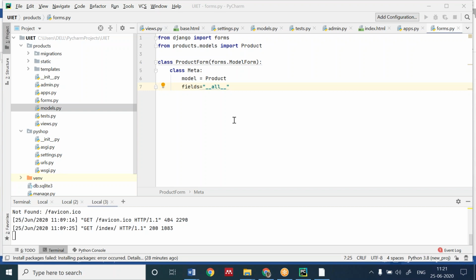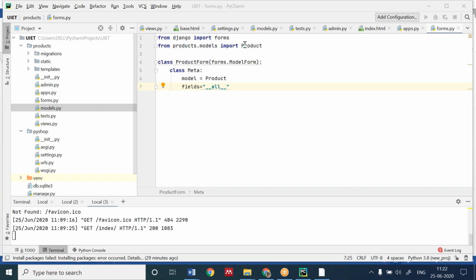Muskan, write this form in the forms.py code, write these 5 lines which I've written. Hope you have done. Now I'm explaining the code.